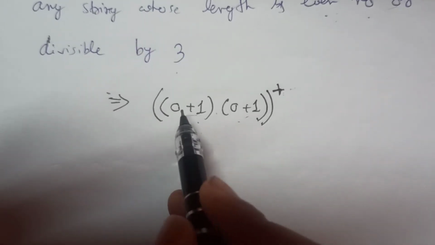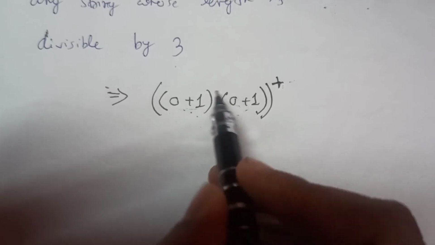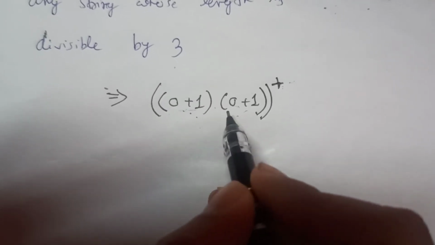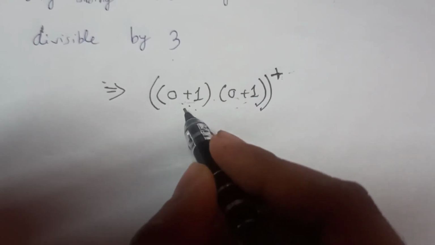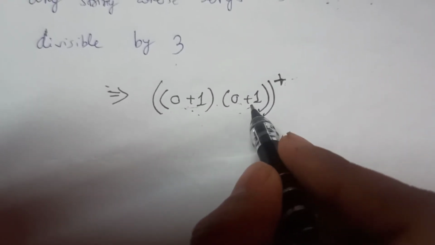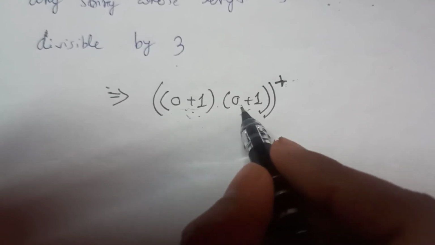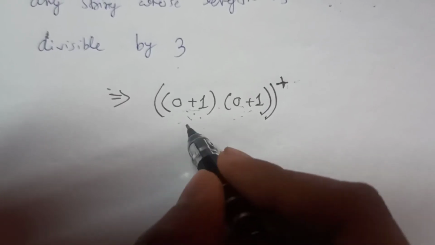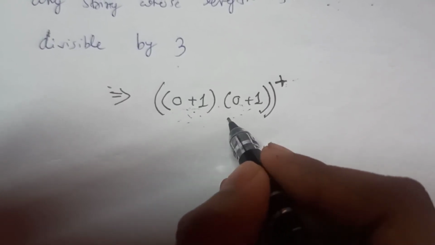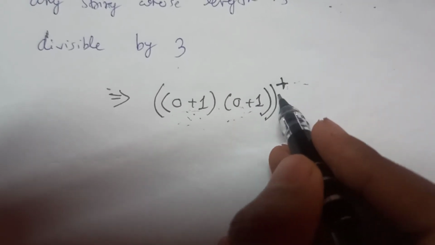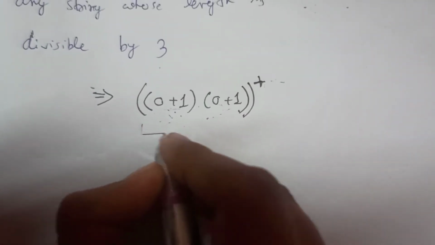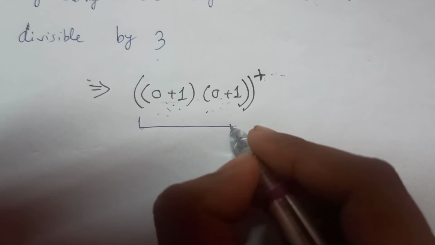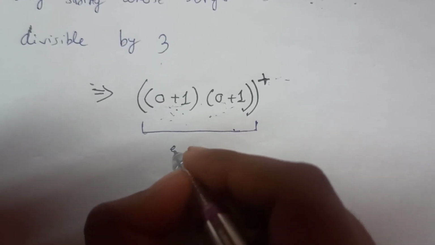So for what we get from these two, for this we can get either 0 or 1, and from here we can also get either 0 or 1. We don't care about what we get. We just get length 1. That's what we care about. We get length 1 from here and length 1 from here. So these two as a whole make length 2, and this star makes possible any number of 2's. So this can be any even length string. So I am doing this part for the even length.